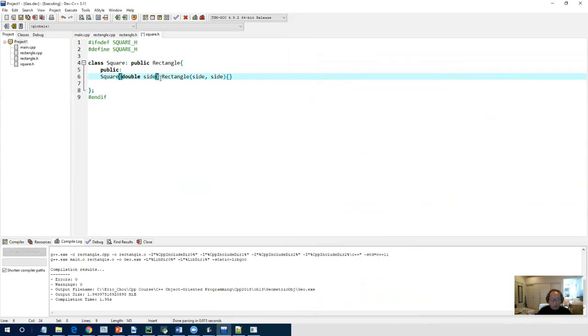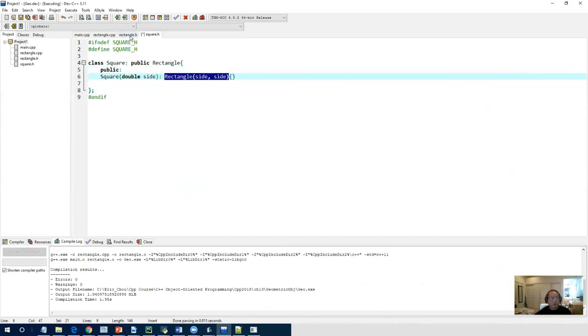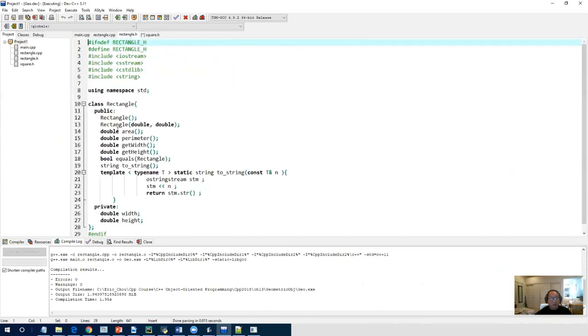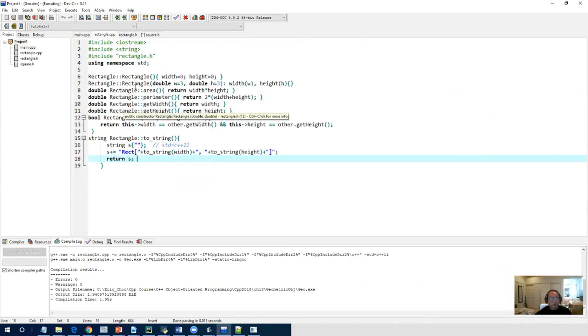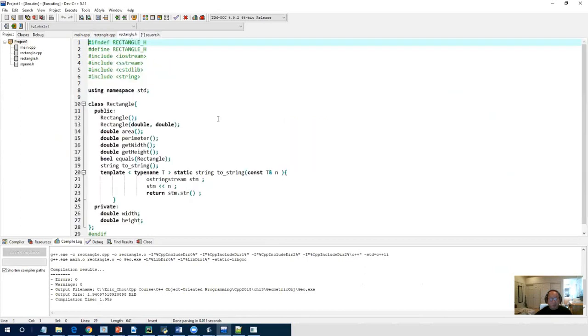Here I miss a semicolon. Okay, missed a semicolon. And this one actually is just like super, calling the super. And that actually will call this rectangle double constructor, and you will be running this constructor double over here. Okay, width and height will be set. Okay, and then after that,